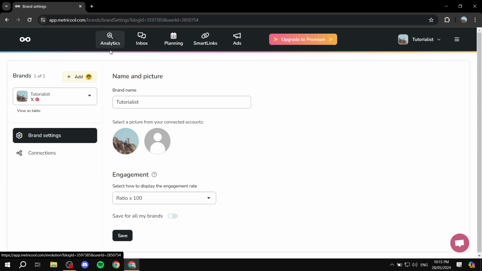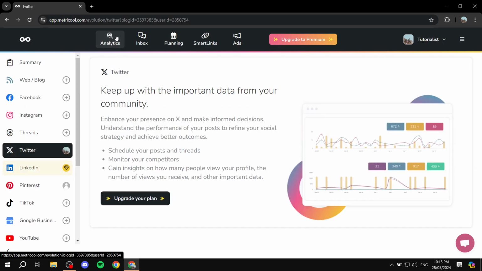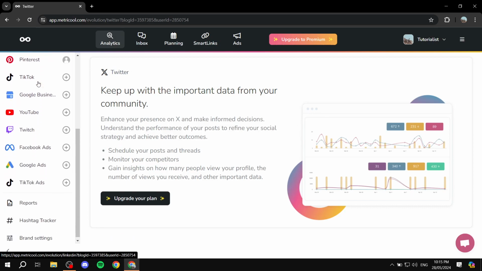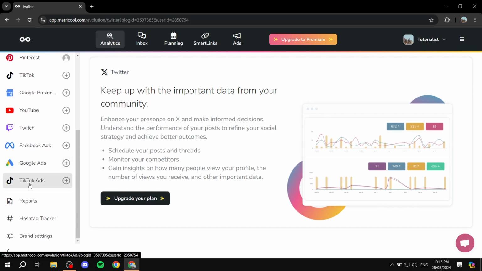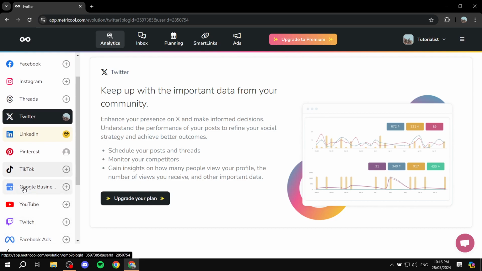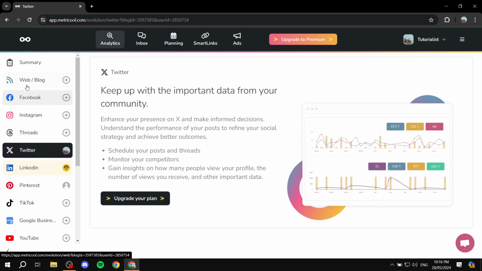So the first tool, which is very powerful, is the analytics tool. If we click on it, we will see the list of all the connections and networks that we can actually see the analytics for. Now, as I said, for Twitter, you won't be able to see the analytics in the free version, but if you upgrade, you'll be able to see that. So unfortunately, if you are on the free version, you can't see the analytics for Twitter. You can't link LinkedIn as well because it also needs to be upgraded, but the rest of them, TikTok ads or YouTube, Twitch, Google Business, TikTok, Facebook, and so on,